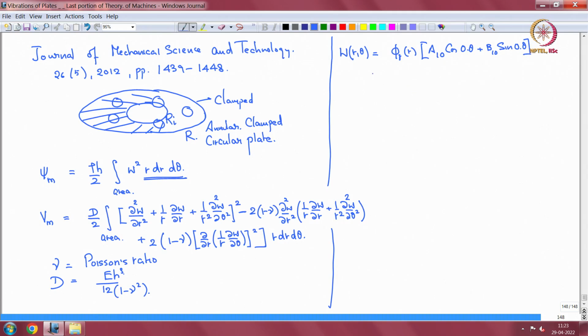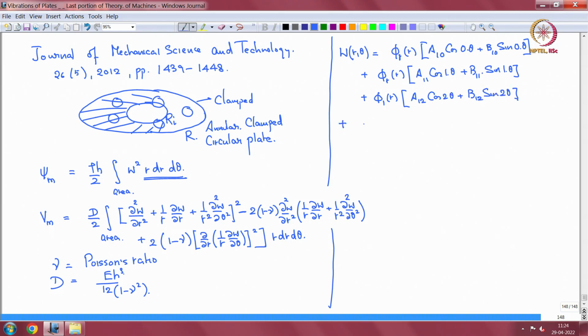okay, plus phi 1 of r A11 cos 1 theta plus B11 sin 1 theta plus phi 1 of r A12 cos 2 theta plus B12 sin 2 theta